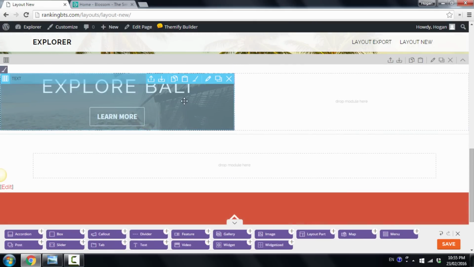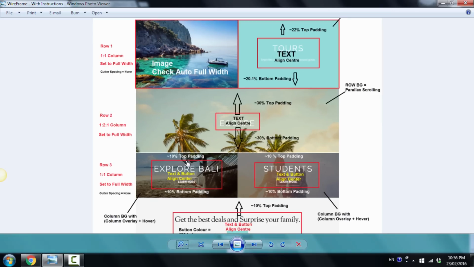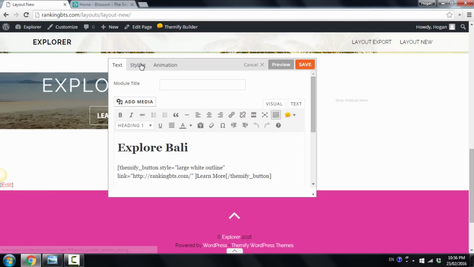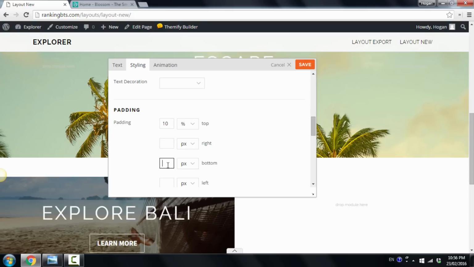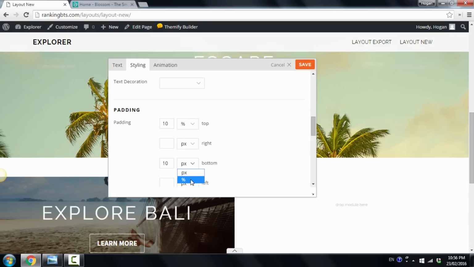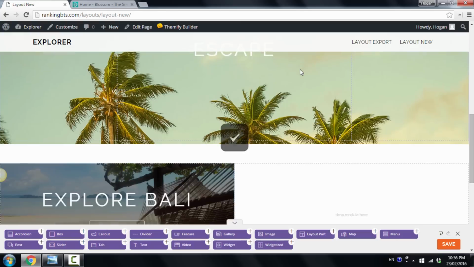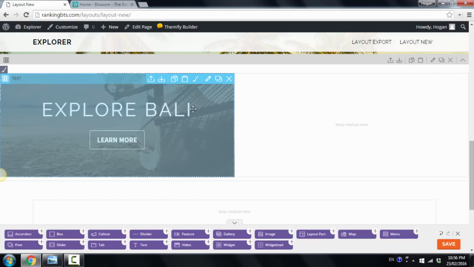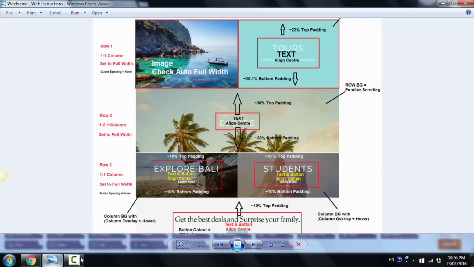Okay, so as you can see, I forgot to add in the padding, so that's really easy. Just double click that, go to here, and that's about 10% padding for top and bottom. So go back to your styling, scroll down a little bit, and add 10% and 10% to the bottom. Okay, so click on save. Okay, so that looks really nice so far,